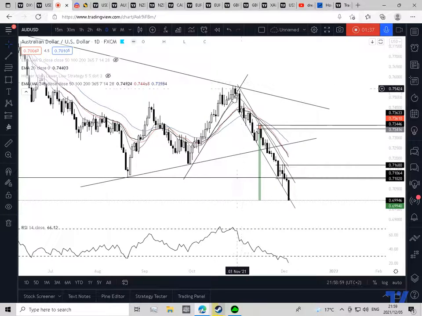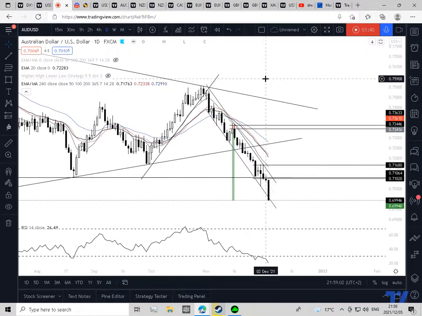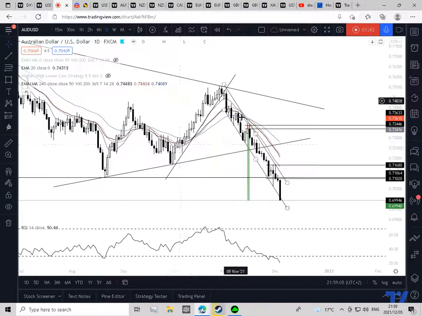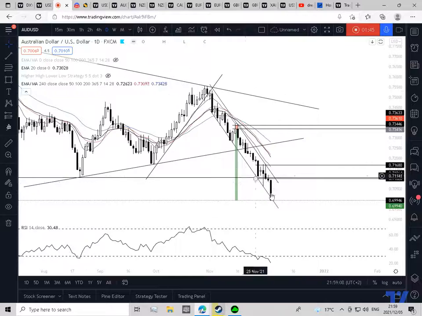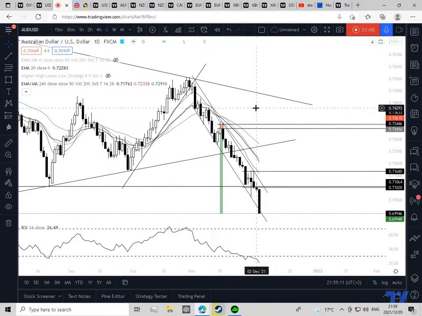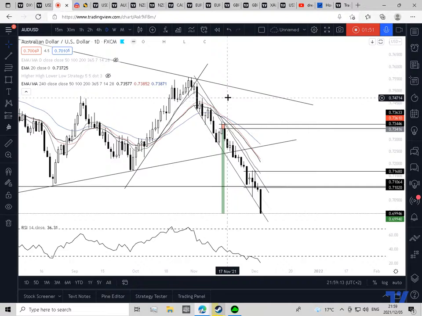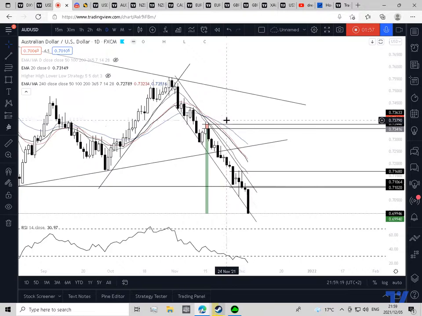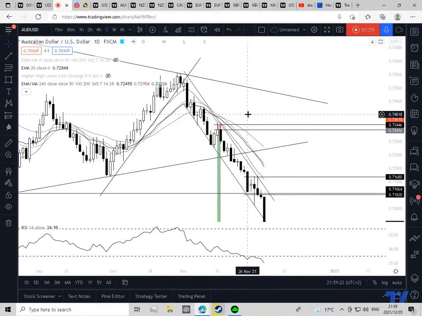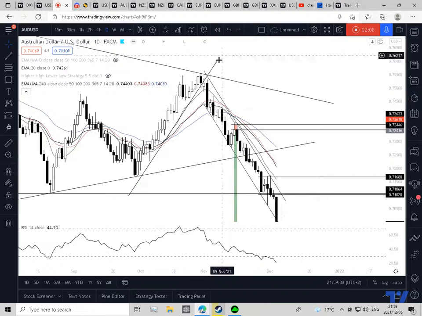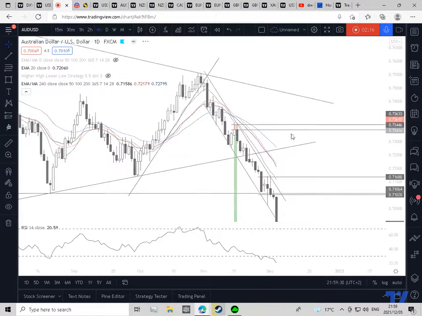We have a breakout of the trend line on a daily, starting our corrective phase, or impulse, corrective impulse, yeah. Okay. So on our lower time frames, we have gained support from our 50, 100, and 200 exponential moving average. We also have a bearish engulfing candle here in the daily time frame, but we entered before that. So trendline breakout, a retracement on the weekly time frame. We have support from our moving averages. On the 4-hour,